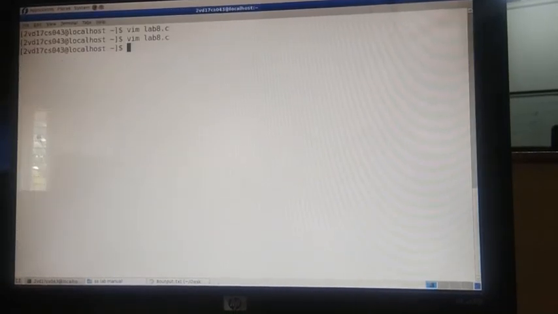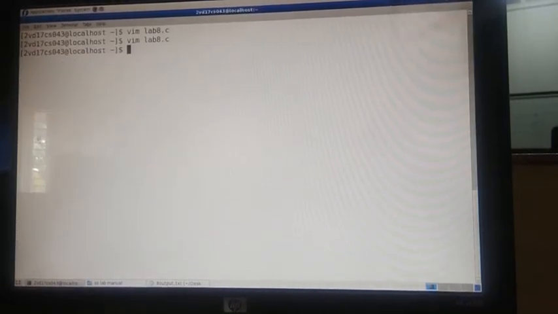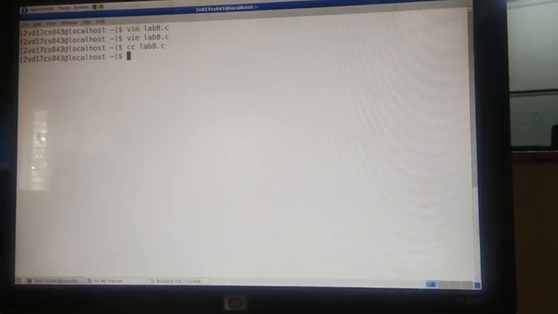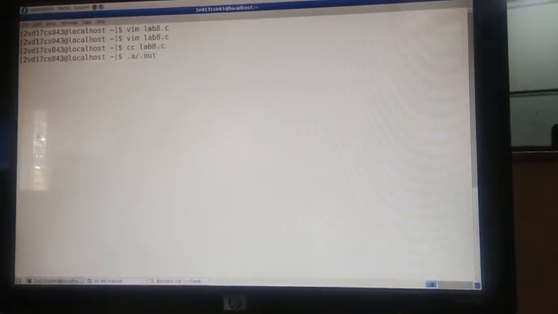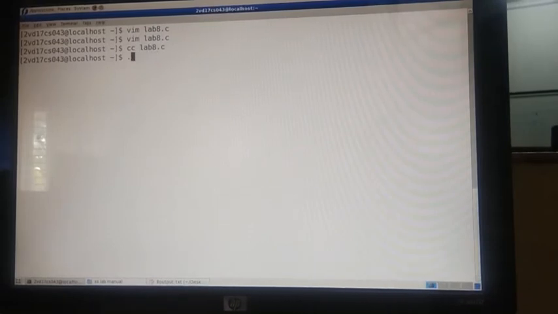So this is the C program. Again we need to use the command cc to compile the Banker's algorithm, lab 8.c. There are no errors, so run the code using ./a.out.